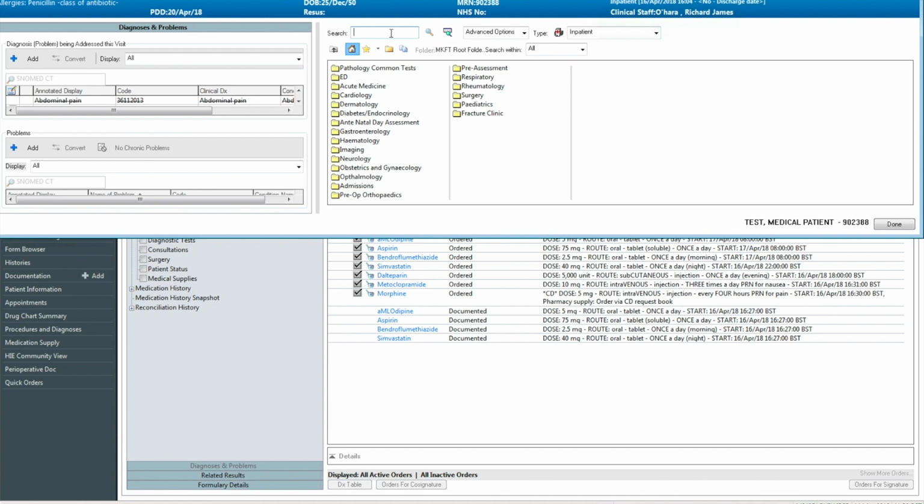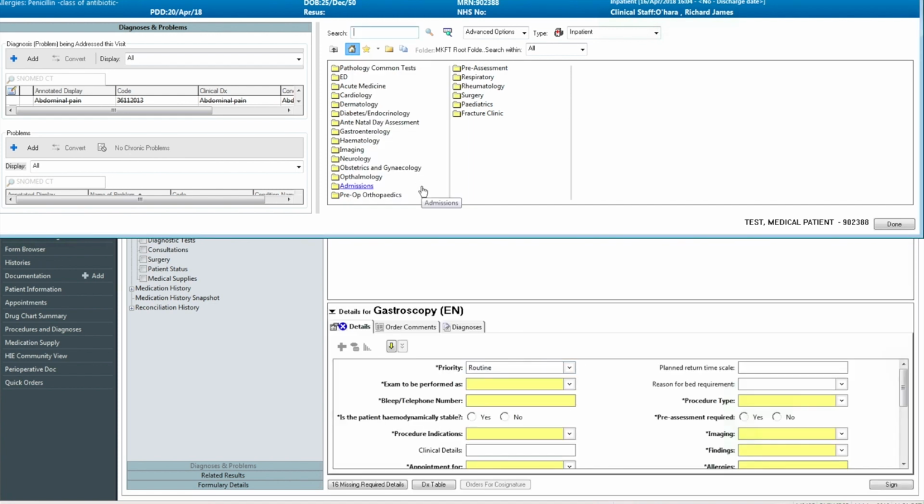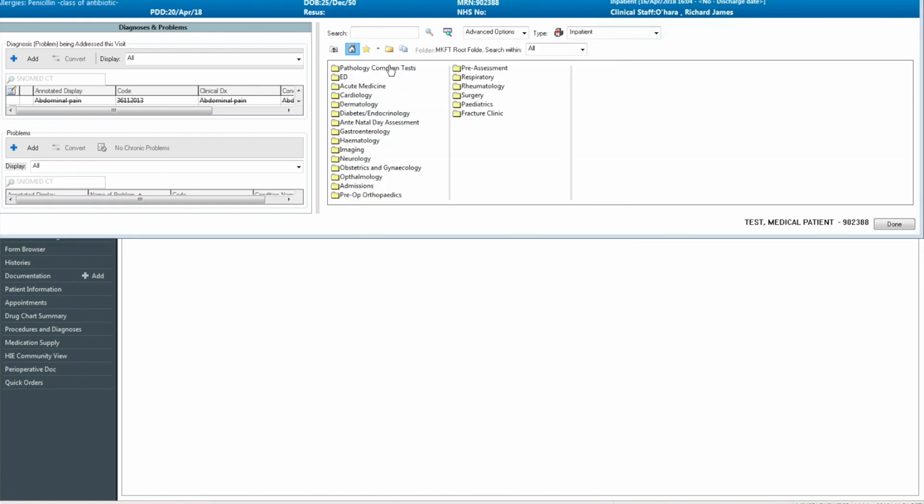Search for gastroscopy. You can see the order here. Any order requested from the endoscopy department will have EN in brackets after it. In total, there are 7 order types available from endoscopy, including flexible sigmoidoscopy,